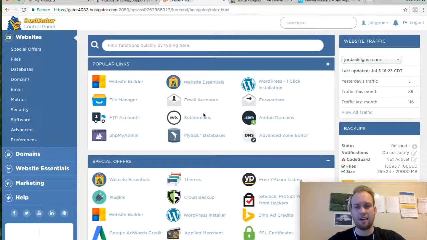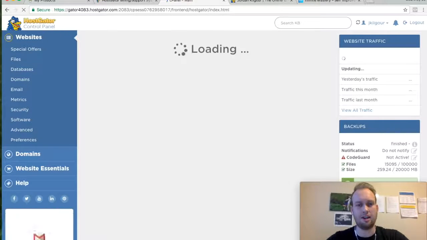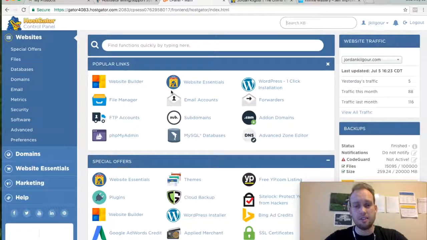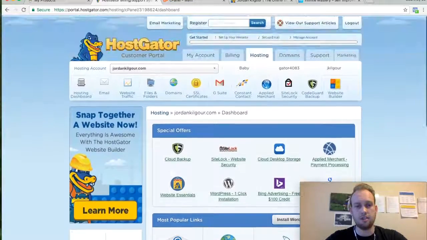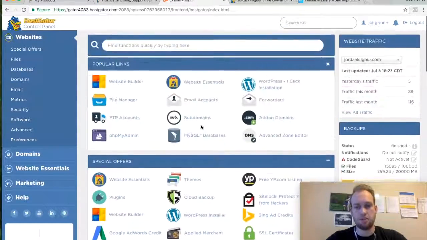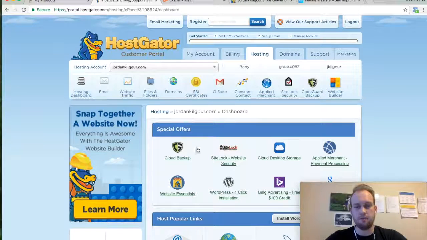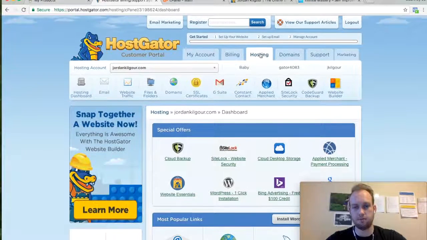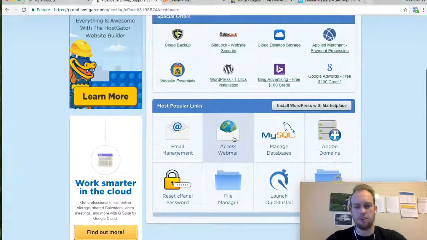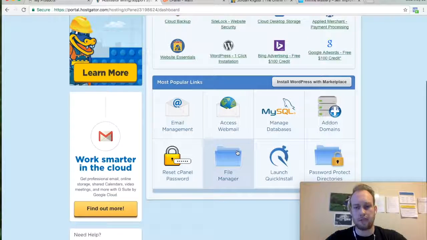So once you've done that, all you want to do is navigate to clicking on the icon in the corner, and it'll bring you to this page. If you didn't get to this page, what you'll want to do is go back to your HostGator platform, okay? And that's if you didn't get on this page, because the next thing we're going to do is going to be on this page. Go back to here, navigate to hosting, and then scroll down, and you'll want to click on File Manager,